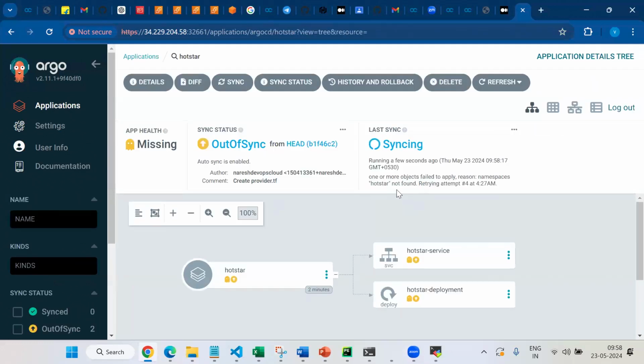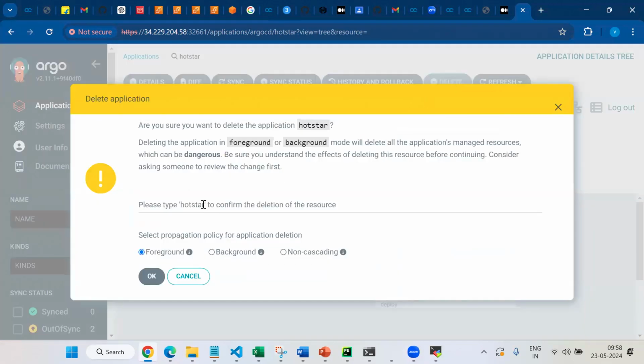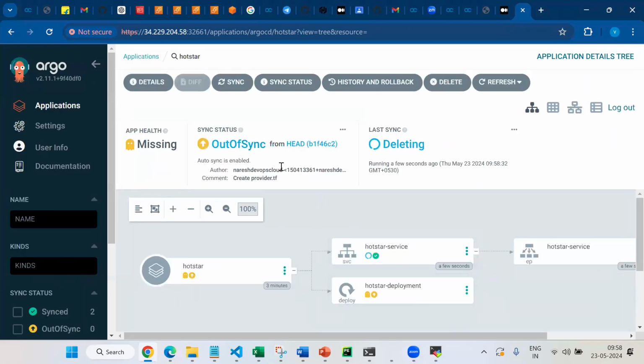No, it is saying that hotstar is not found, right? The namespace, I just now created. It is not like that. Okay, I'll do one thing. Let me delete this one also. At that time hotstar is not there, so that's why I'm getting the error. Just now I have created it, right? It's a single one, right? Anyway,